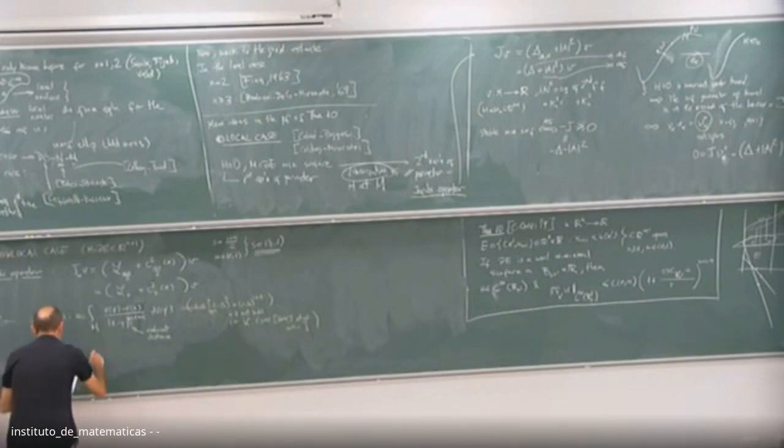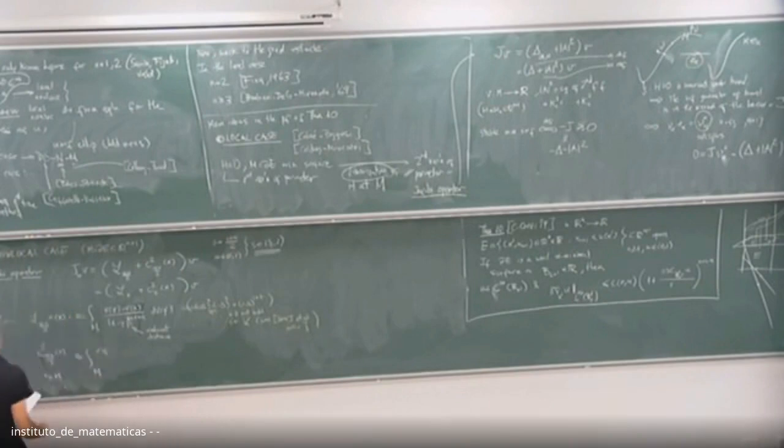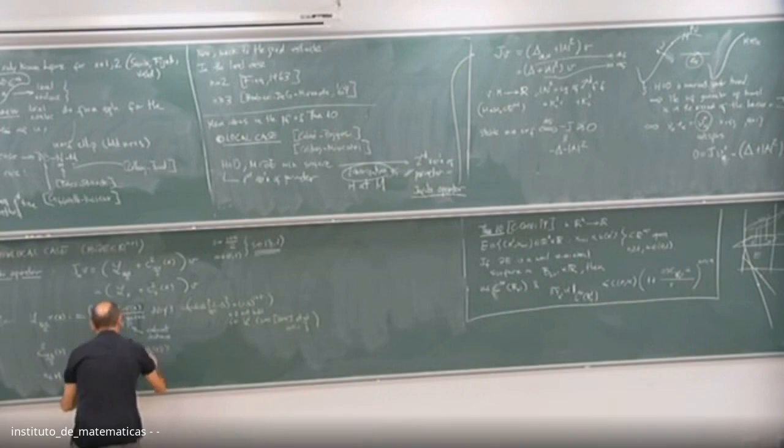This is this expression at the point x. X is on M, of course. It's the integral in M of the normal at x minus the normal at y, scalar product with the normal at x, divided by the kernel,